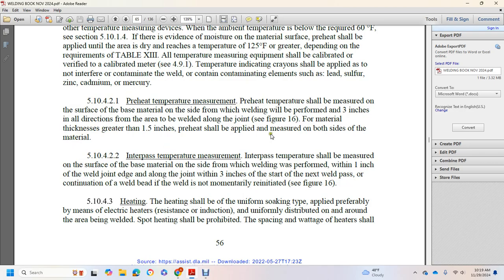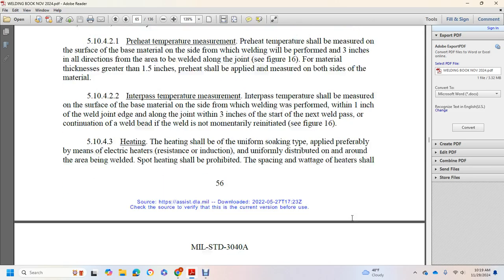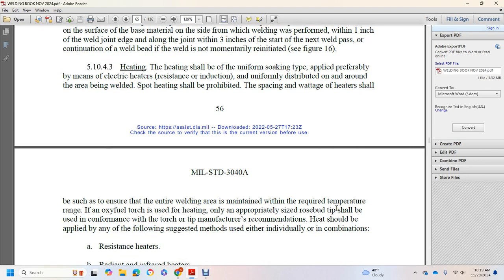Heating shall be the uniformly soaking type. Apply preferably electrical heaters, resistance or induction, uniformly distributed on and around the area being welded. Spot heating is prohibited. Spacing and wattage of the heater shall be such as to ensure the entire welding area is maintained within the required temperature